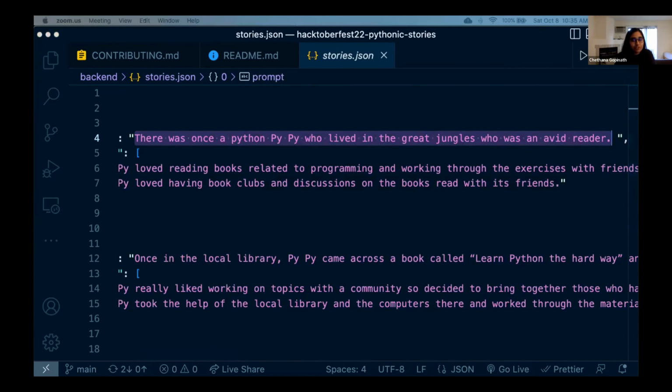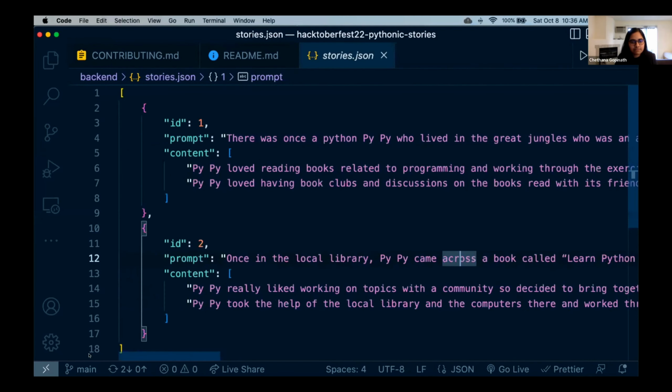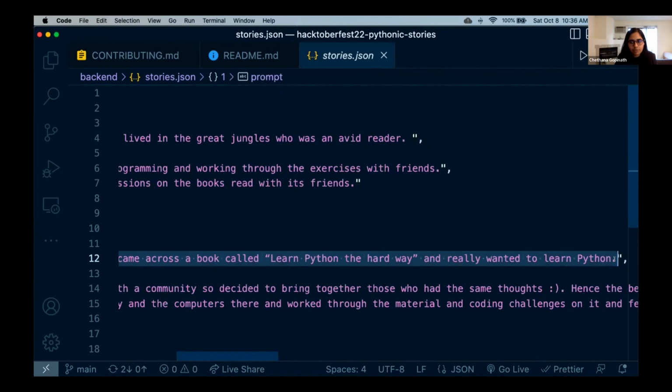Basically, what I want your help with is filling the content portion of the prompt. Let me do prompt 1. This is prompt 1, and this is prompt 2. I'm going to show you the example that I came up with. It's not that cool. I don't know what happened to my story writing skills, but there are these two prompts and they're connected. So there was once a Python PyPy who lived in the great jungles, who was an avid reader, and then dot dot dot. You fill in with whatever you want, and then